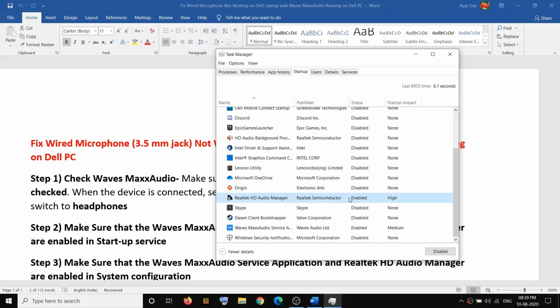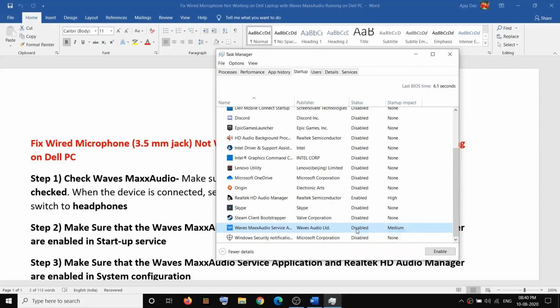So here you can see it's enabled. If this is not enabled, select it and enable it. If this is disabled like this, then make a right click, then click on enable, and also make sure the Waves Max Audio Service is also running. So make sure this is enabled.